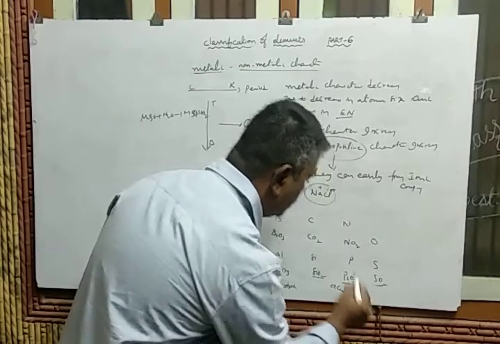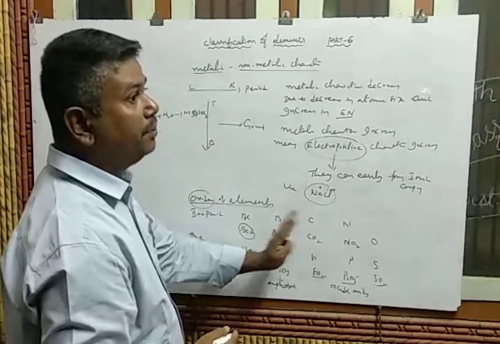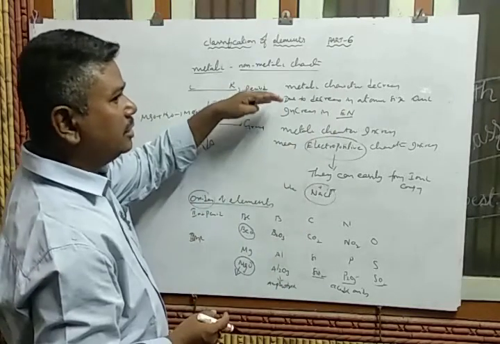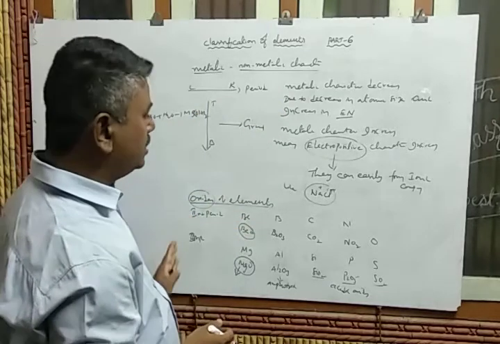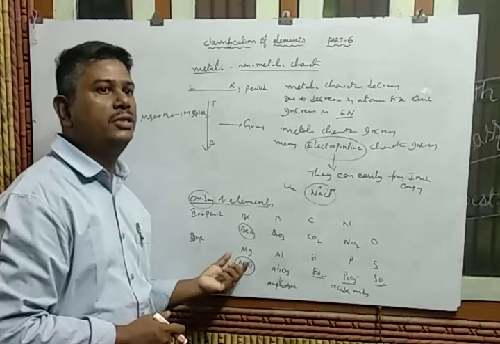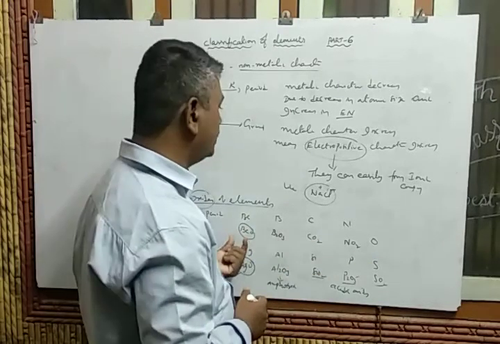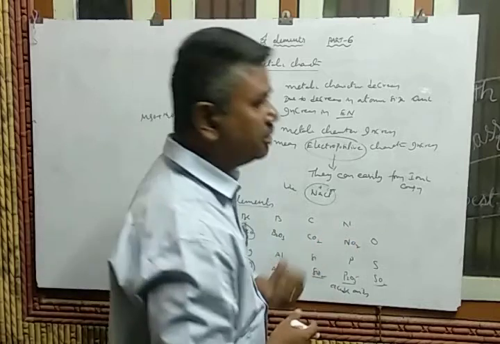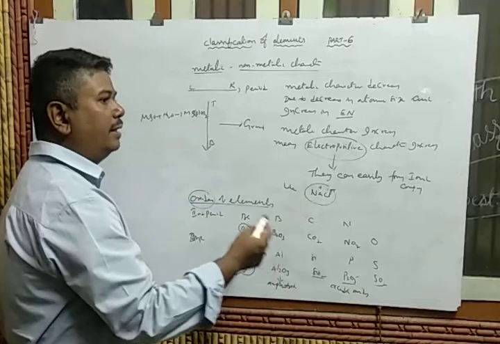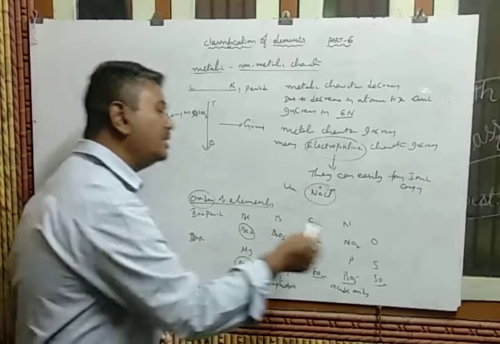Acidic oxides. So while you are talking about the oxides of the elements, in a period from left to right, the metallic character decreases. So as metallic character decreases, their oxides also change from basic nature to acidic nature. Magnesium oxide and beryllium oxide possess basic character. While moving from left to right, their basic oxide character decreases and converts into acidic oxide. So we finally concluded that in a period from left to right, the oxides change from basic nature to acidic nature.